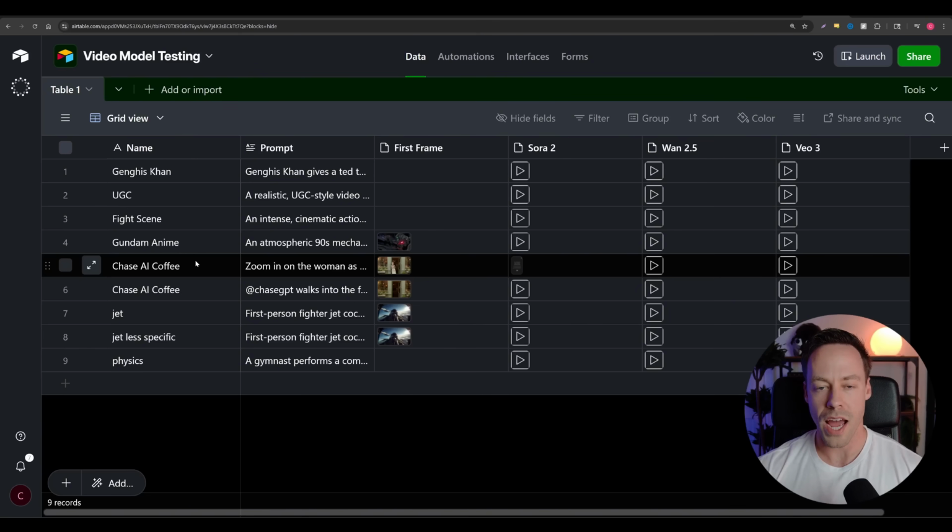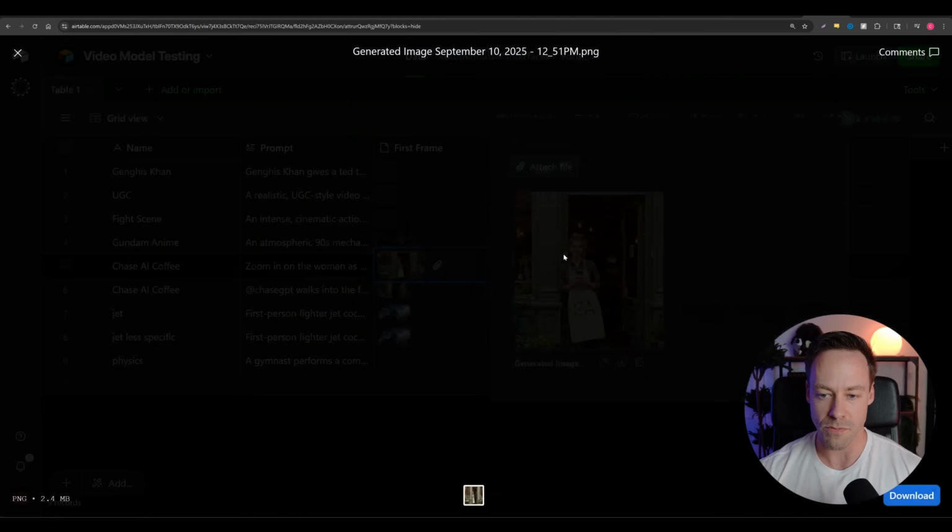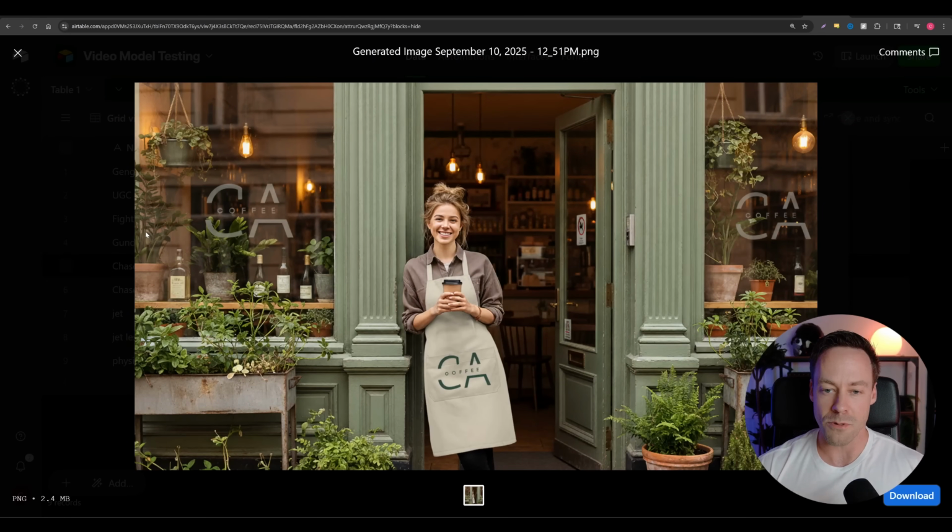What I actually want to talk about now is how do these models do when it comes to first frame images, right? And how can we do that in terms of marketing? If I have an image like this, and if you've seen previous videos, you've seen this before. We had the Chase AI coffee shop, and I showed you how we could create AI marketing material with a combination of Midjourney, Nano Banana, and then whatever video model we're using. In order to use these video models effectively in marketing, we need some way to maintain creative control beyond just a text prompt. I need assets that I can put into a video, and characters and scenes that are consistent from video to video. You can't do that with text. You can only do that with images and with starting images.